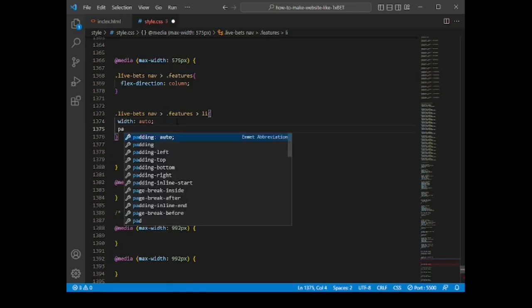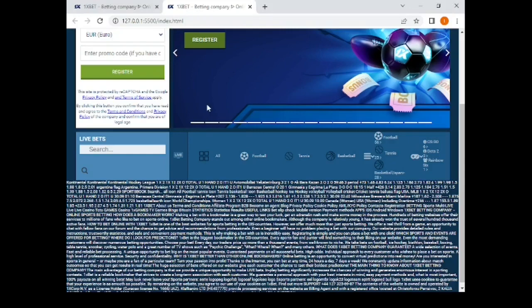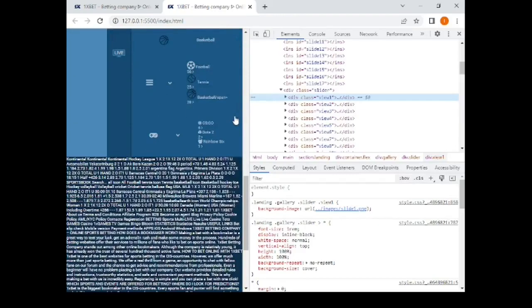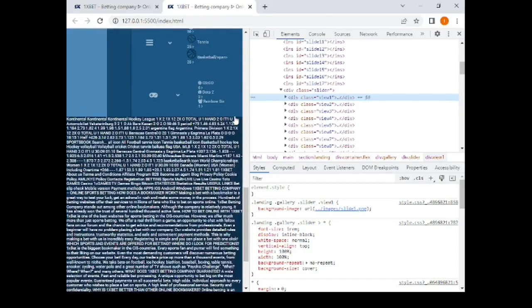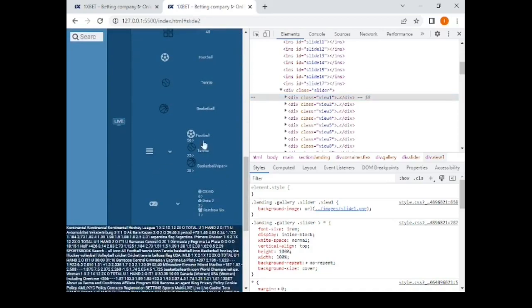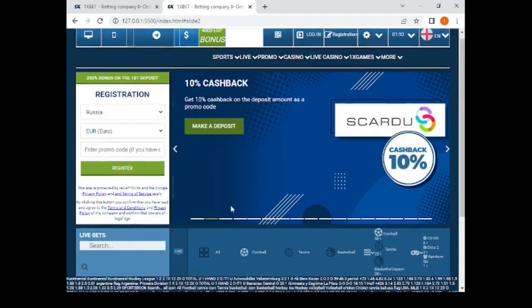Then the padding, top and bottom 2 rems, then 0. So let's have a look at the mobile view, how it now looks like. There you can see this is the mobile view. So everything should be looking like this for your mobile view. So once we are done with them,